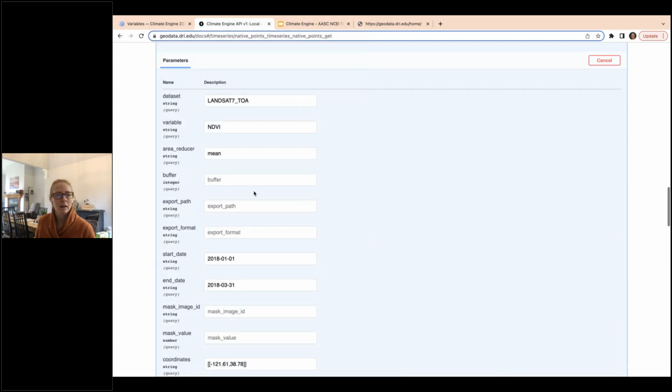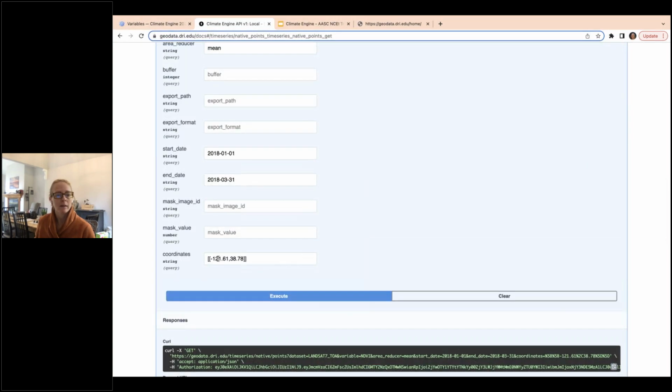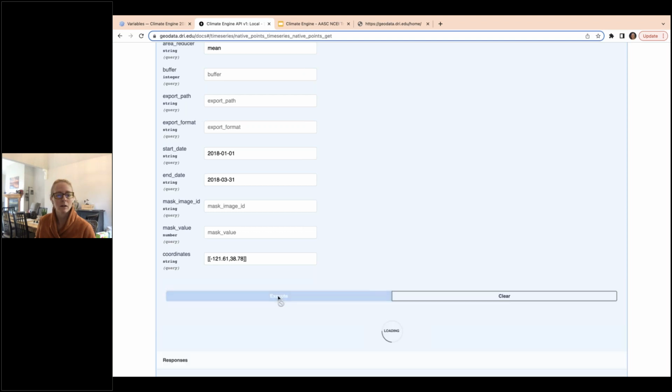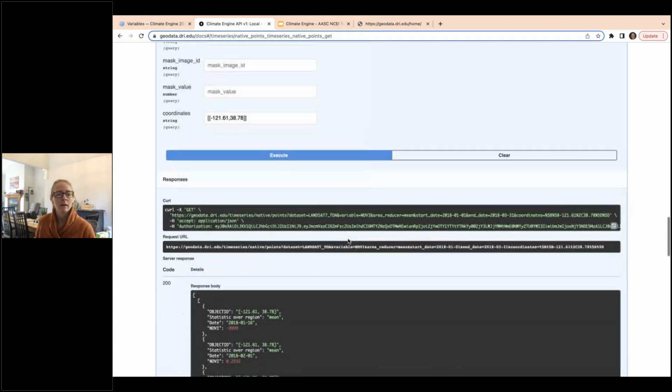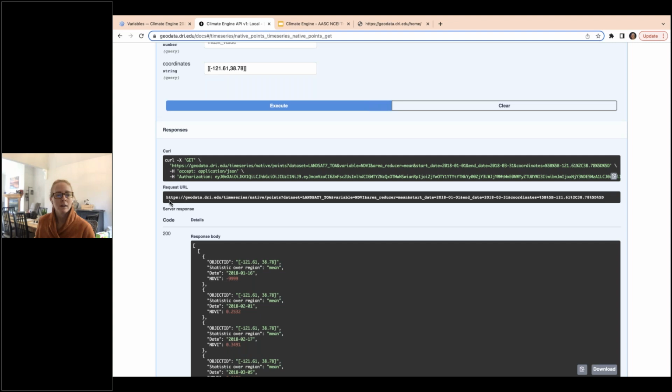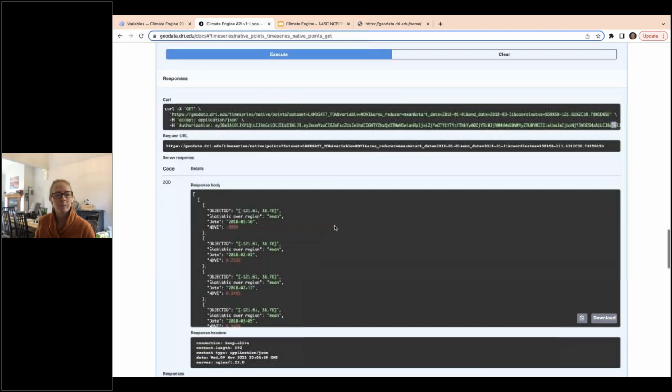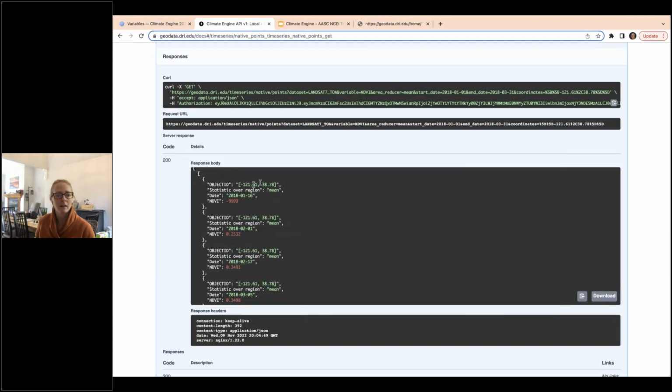And then here is our points. You can add multiple points, but for simplicity's sake, it's just one point. So I'm going to hit execute. It's built that curl command. It's built the request URL. And then down here, I can see that it's giving me a time series for that point